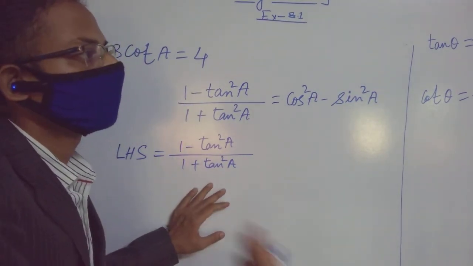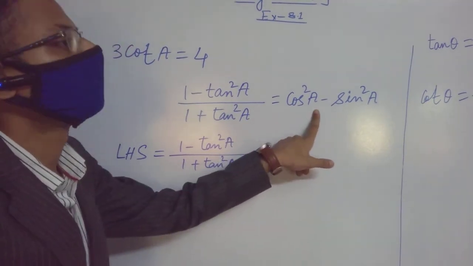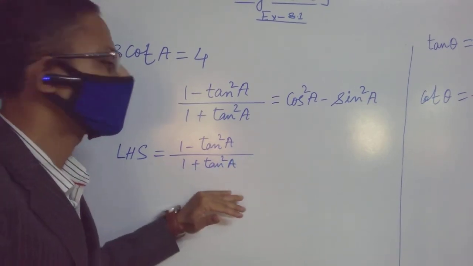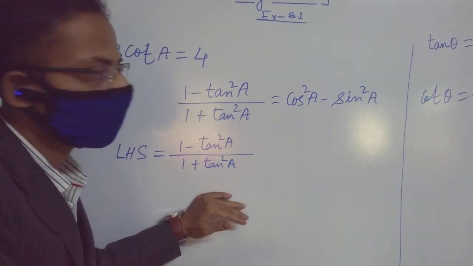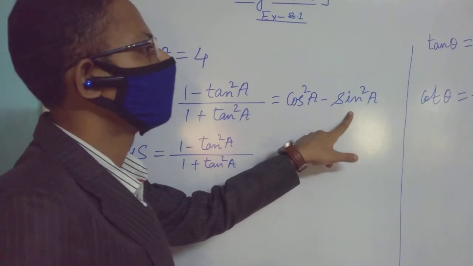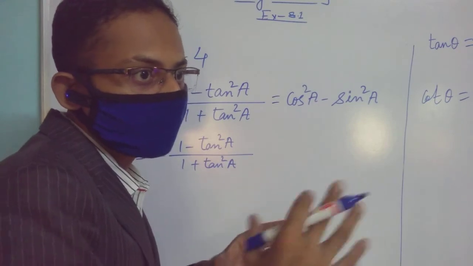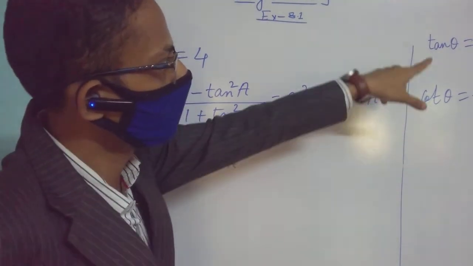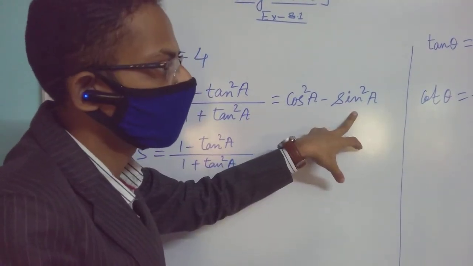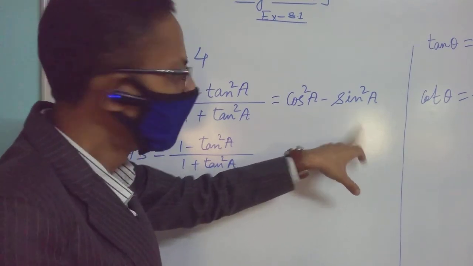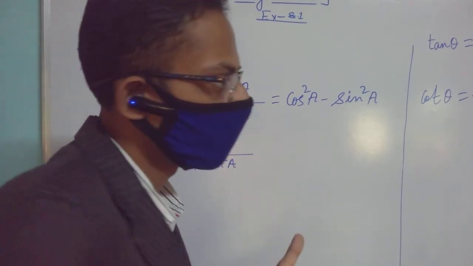You want to understand what should be done next. So that answer is written here on the right hand side. We started with the left hand side, and we want to check whether the right hand side is true or not. On the right hand side we have cos and sin, but here we have tan only. But we have a relation between tan, cos and sin. In the previous problem it is already written, tan theta is sin theta by cos theta. So since the right hand side is written in terms of cos and sin, we will convert tan into cos and sin. That should be our first logical step.